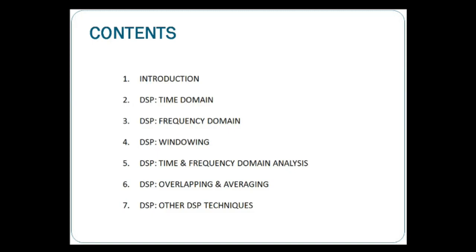Signal processing, or digital signal processing, DSP. So this is the outline. I mean, start with introductions, then the digital signal processing in time domain and frequency domain. What does it mean? Then we also have, if you want to go from time to frequency, you have to go through these windowing functions. So we want to look into what this is and how it will affect the accuracy of the data,